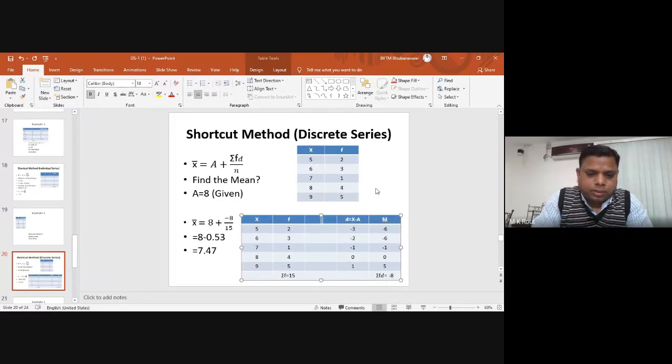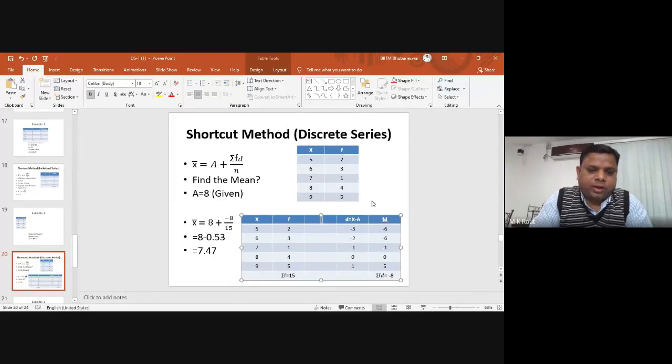So in this, the first step is to calculate the mean value. First, you make a table that contains 4 columns, that is x, f, d, and fd. In this regard, first you have to calculate the d value. That means here that a is given as 8, and with the help of x,